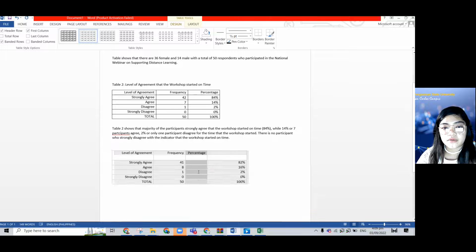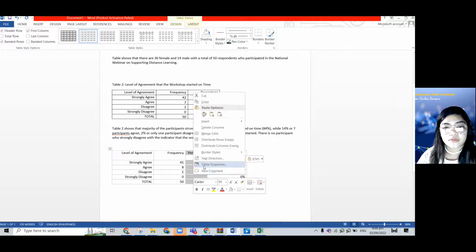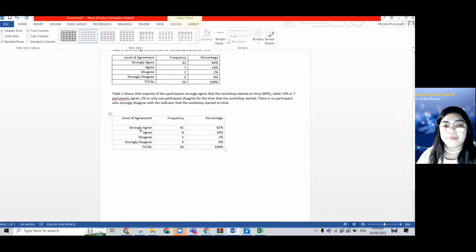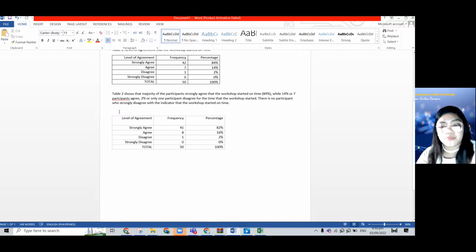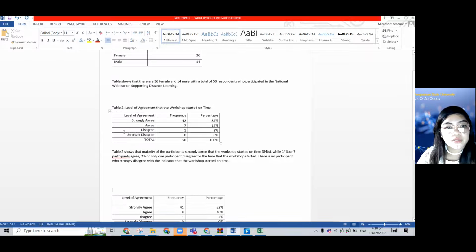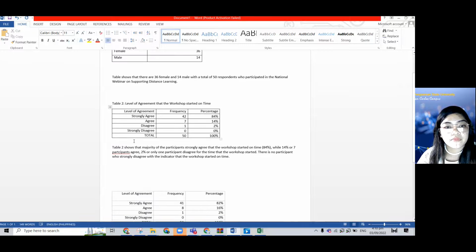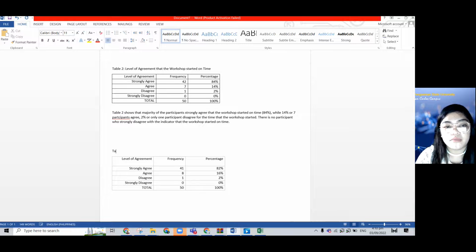Ayan. Ang percentage po is dito. Okay, so we have here the level of agreement: strongly agree, agree, disagree, strongly disagree. A total of 50 for the frequency and 100% for the percentage. So, ang ating table here, for the table